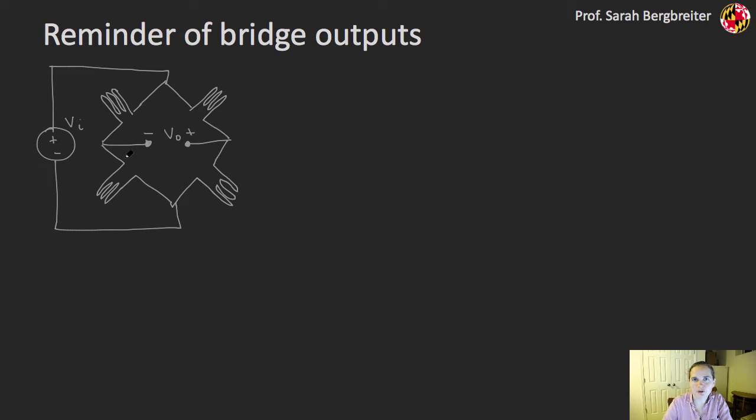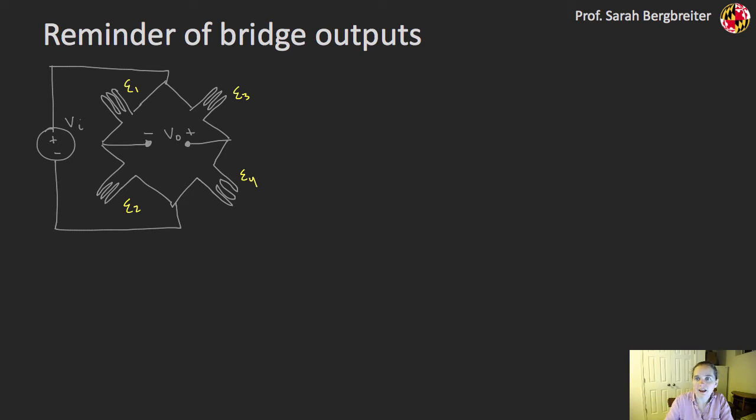Before we define the term bridge constant, I wanted to do a quick review of what we get as the output of a full bridge. A full bridge, remember, has a strain gauge at each portion of the bridge. So there's no static resistors in here. Everything's a strain gauge. So this strain gauge would be sensing strain epsilon 1, this one epsilon 2, epsilon 3, and